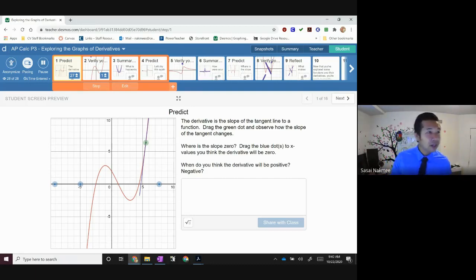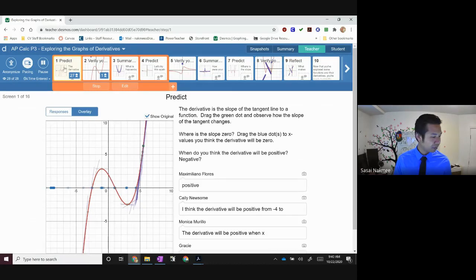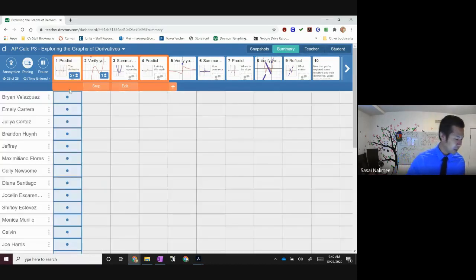By the way, there are 33 students in this class, but I only have 28 of you who are on this Desmos activity. I am missing a couple of you guys. Are you guys not able to click in because the link doesn't work, or you're having trouble creating your account? Who is not in here? Who is not in here? I don't really want to go through the list and look, but